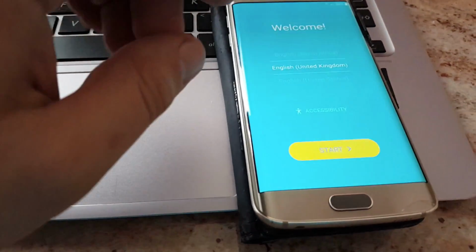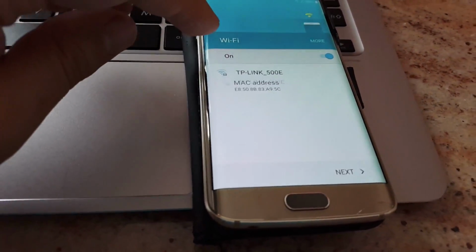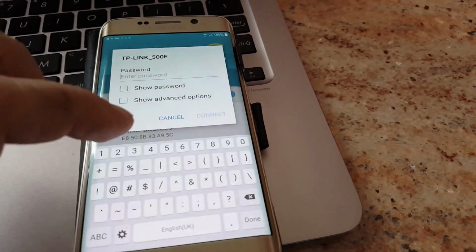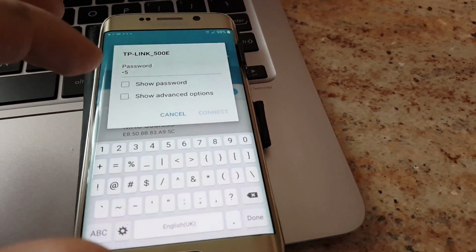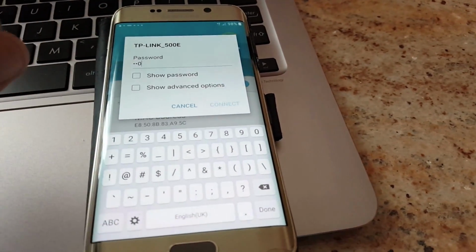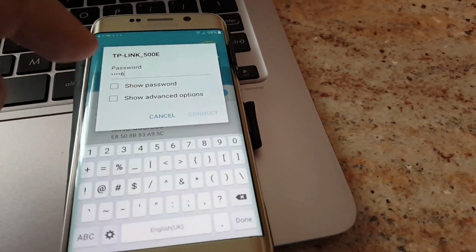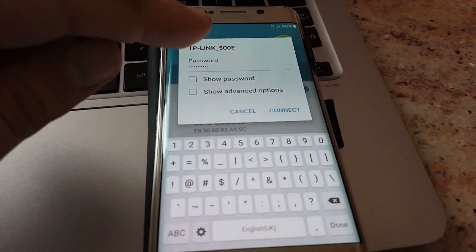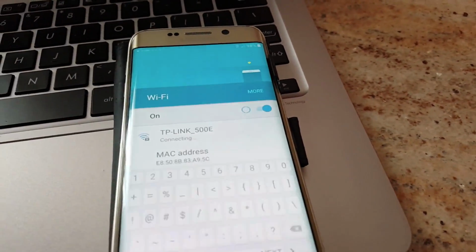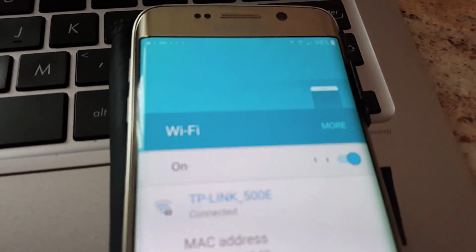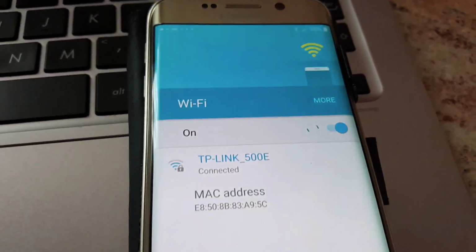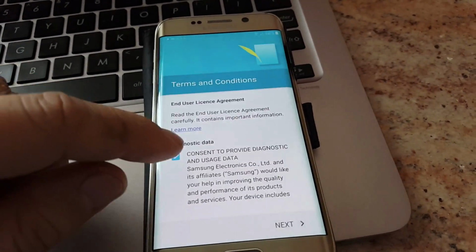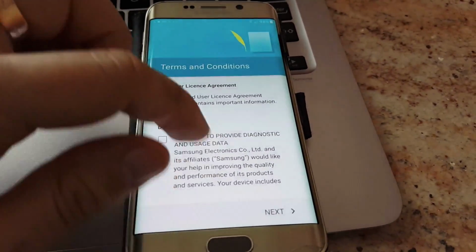And then we proceed with clicking the start button. Make sure that you log on to your Wi-Fi, because there might be some issues with the SIM card internet. If you don't have SIM card internet, make sure to log into your Wi-Fi. Okay, we have now the Wi-Fi. And then next, and now